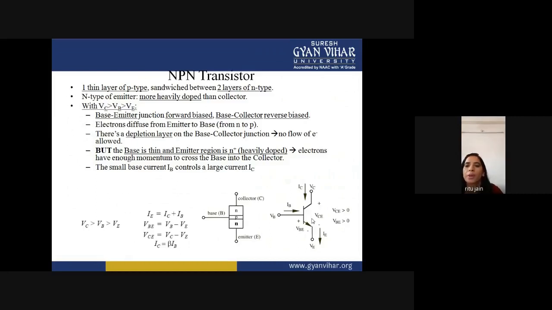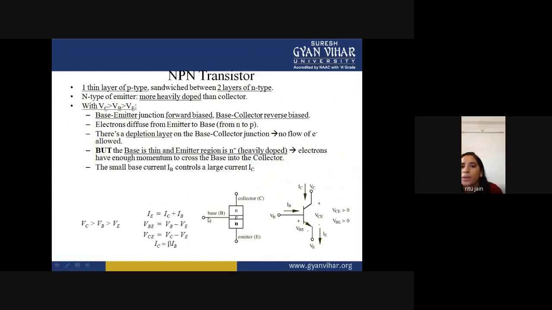So the base emitter junction is forward biased, like this. You can see over here that the base emitter junction is always forward biased, which means you have to connect the N terminal of this NPN transistor to the negative terminal, and you have to connect the base terminal to the positive terminal